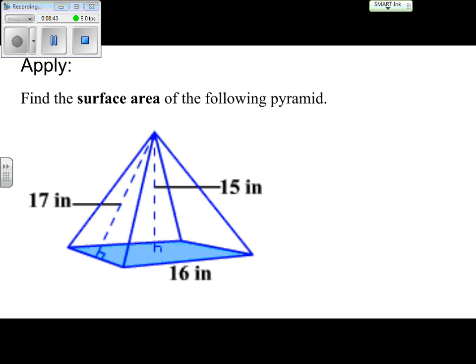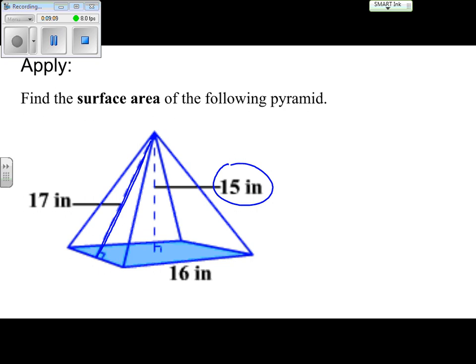Now, the height would be this 15 inches, and that's how tall the pyramid is if I start right in the center of the pyramid and measure it straight up. That might be very useful for something like volume, but in our case, we're not dealing with volume, we're finding the area of each one of its faces, which is that surface. And the 17 that we have over here is called a slant height, but it is actually the height of the